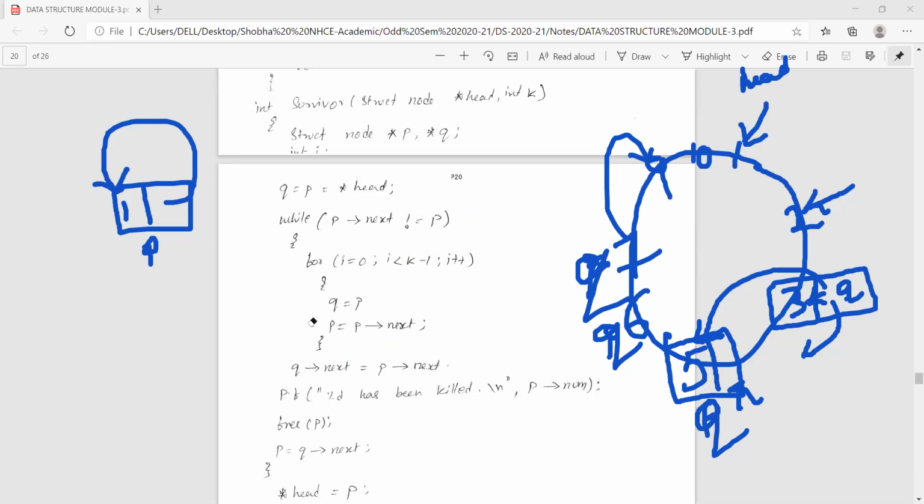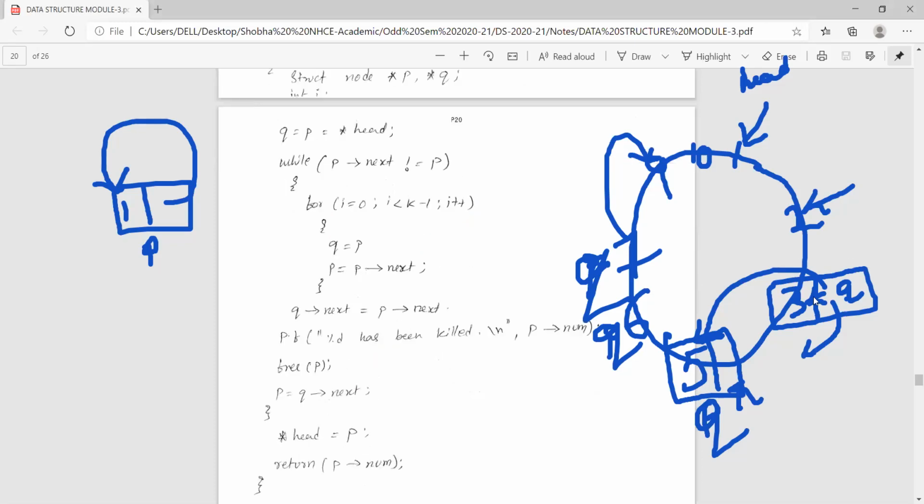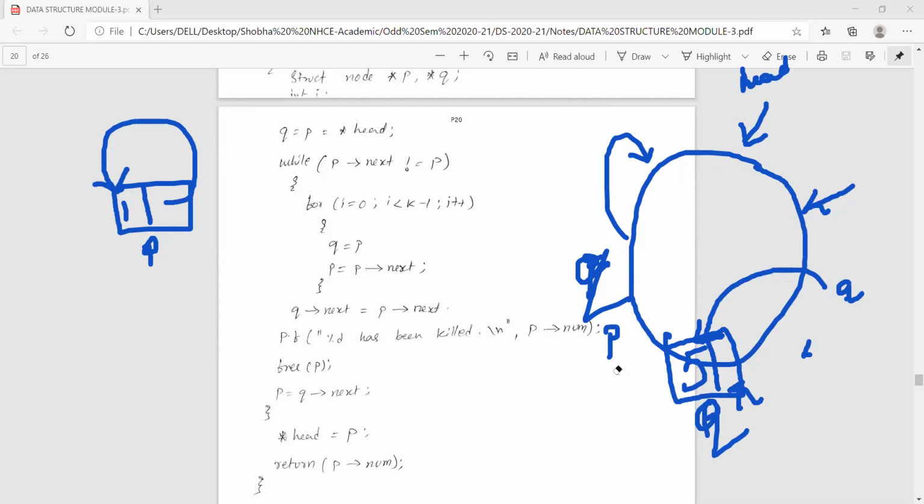No, ma'am. So it is very simple: the same logic, whatever we have discussed, is being implemented in terms of the circular linked list concept. Okay. So after finishing this, only one element will be removed, right? We will just go on removing one. 3 will be removed, 2, everything will be removed, and as we have seen lastly, only 5 will be left.